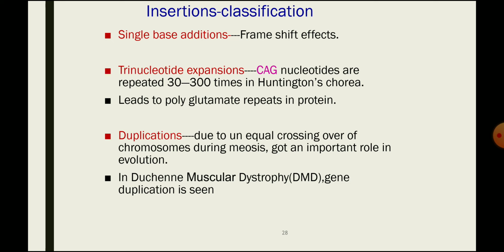Glutamic acid is replaced by valine, which is responsible for the biochemical changes in the hemoglobin, which is producing various conditions. So you can write about the sickle cell hemoglobin, the anemia, what are the symptoms and all, depending upon the question,